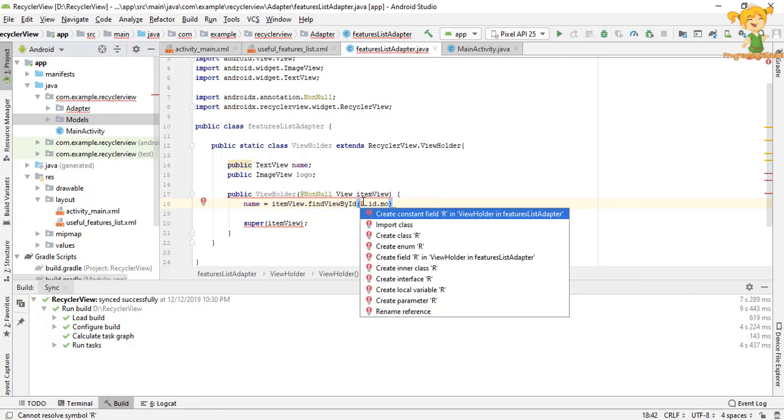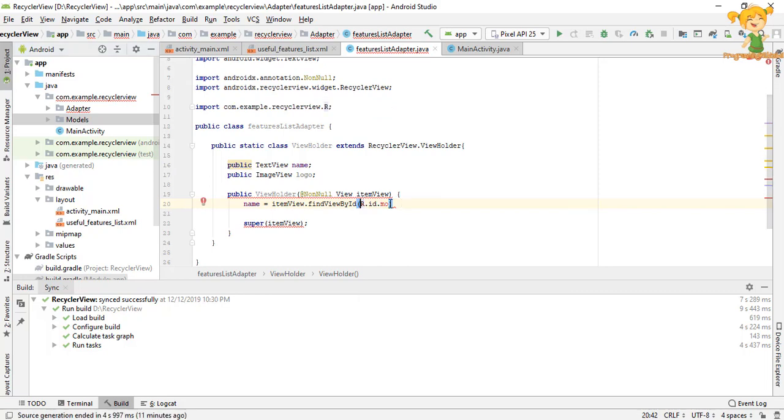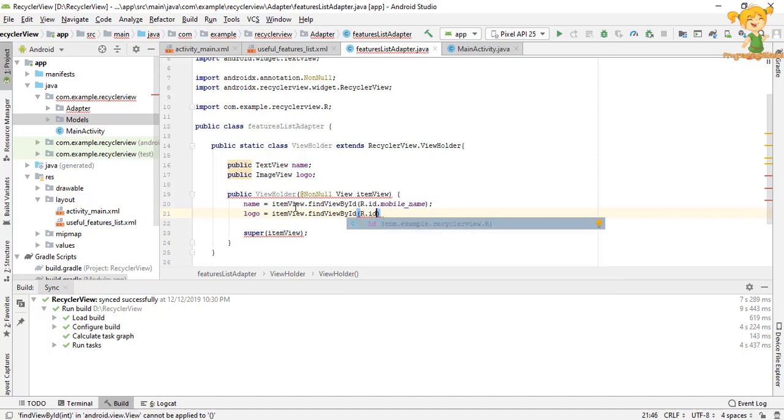Okay, let's import the class, mobile name. And ImageView, not ImageView, that's logo, equals to itemView.findViewById(R.id.logo),